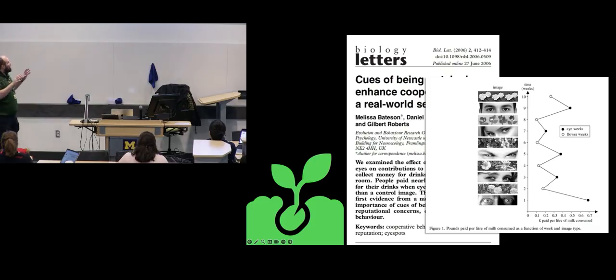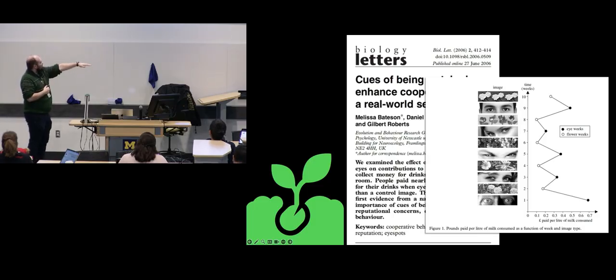So somewhere non-obvious, but in the room, like in that break room, they would put an image of flowers or they would put an image of eyes. And the idea is, if you're being watched by eyes, you're more likely to pay into the communal pot, right? You don't have to pay into it, but if you pay into it, you're sort of contributing to the community. And so what they found was the liters of milk, or the amount that they paid